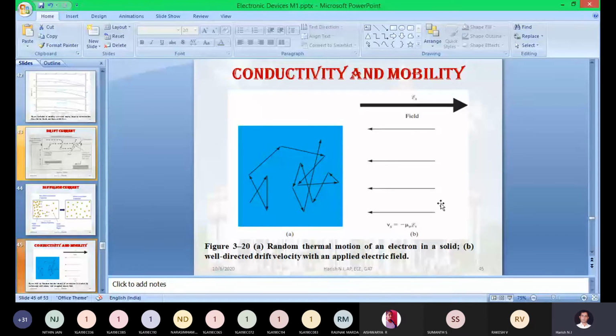But whether you take n-type or p-type, minority charge carriers will always be there. They never become zero. If you keep on increasing the addition of pentavalent impurity, the hole concentration will definitely be reduced, but you can't eliminate it completely. The hole concentration will be very small.